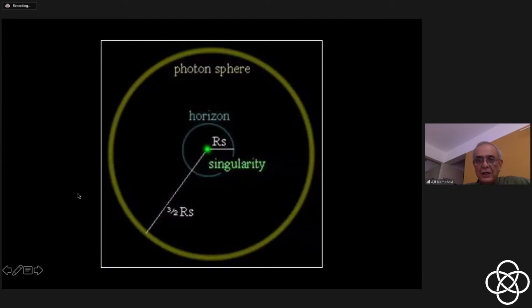It's very interesting. So you see that you've got a singularity here. This is the Schwarzschild radius. This is not to scale. And this is 1.5 times the Schwarzschild radius. And then photons there,